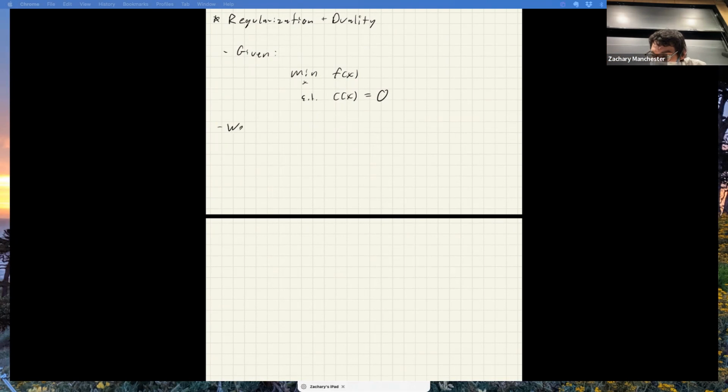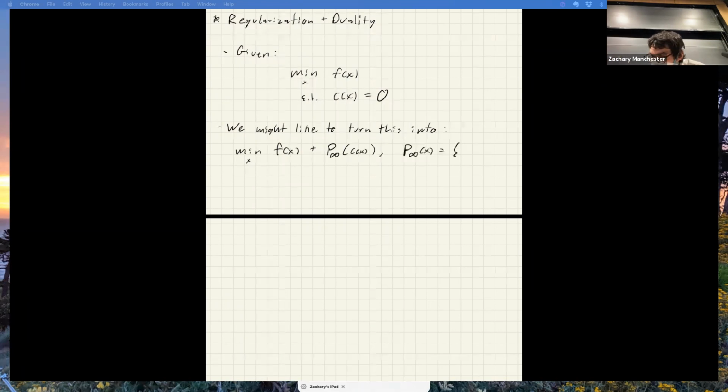So we might like to turn this into, say, the following thing. Min over x, f of x, plus this exact penalty, which would be the following thing. So we're going to call this p infinity of c of x,